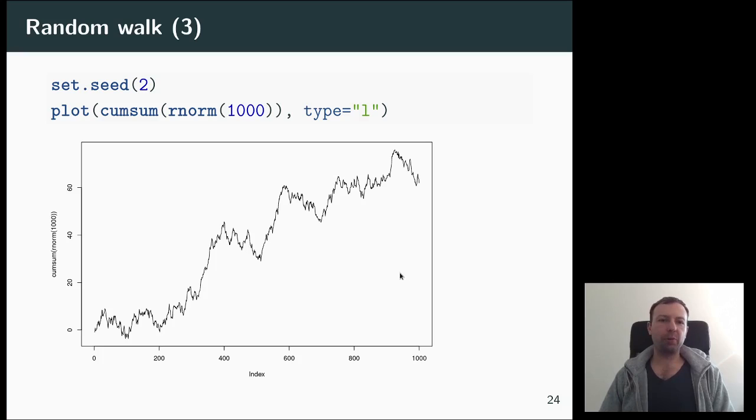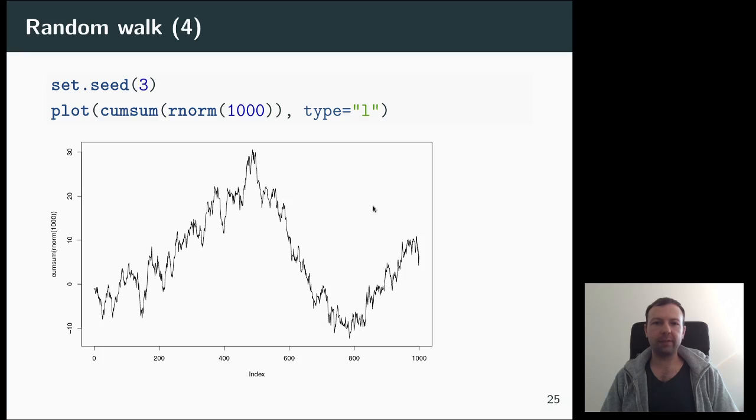Now what I want to show you is just a couple of these random walks by changing the seed a little bit, because I still find it astonishing the rich dynamics you can get just from random walks, which is really just summing up random numbers. So you see here, it's kind of going up all the time, and there seems to be maybe even some sort of seasonality here. That's the series I've already shown you.